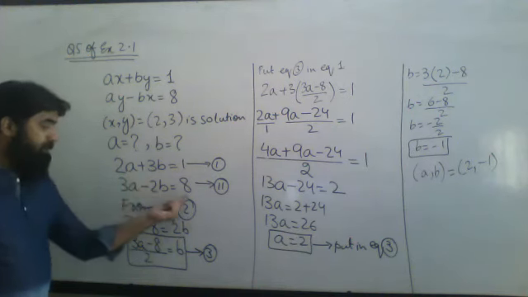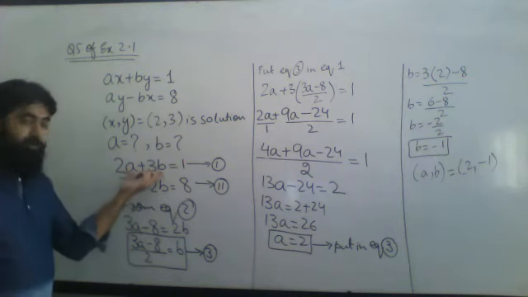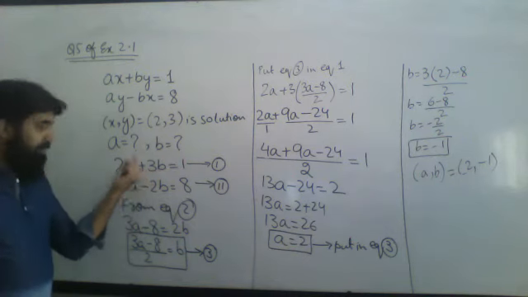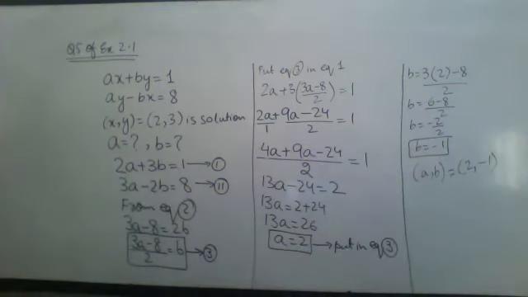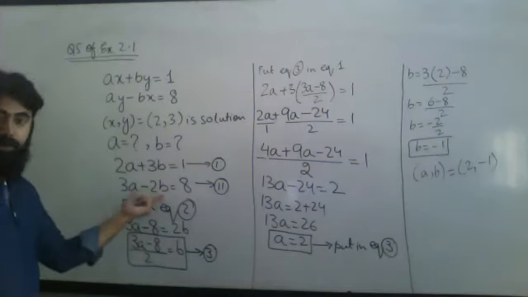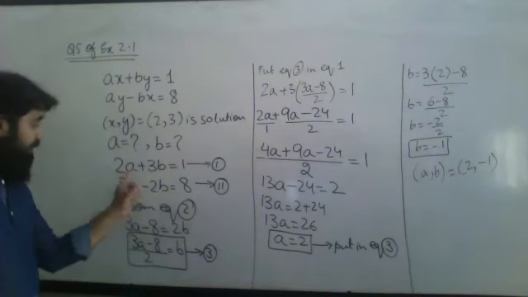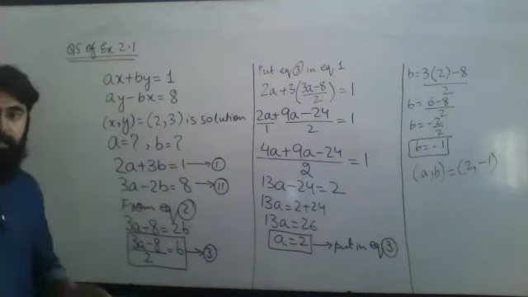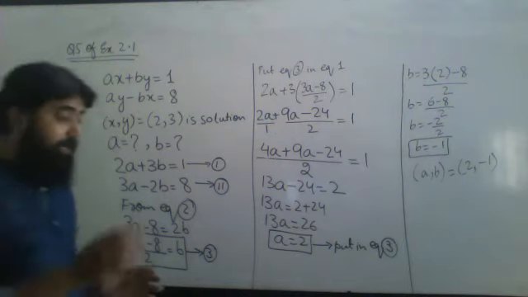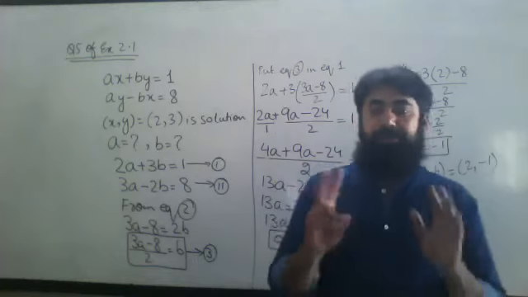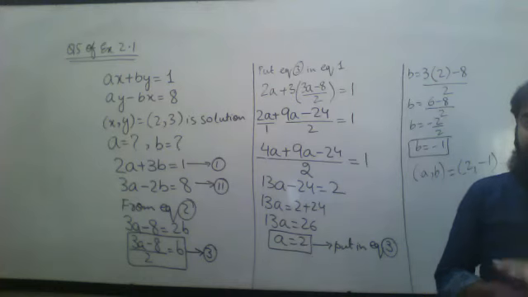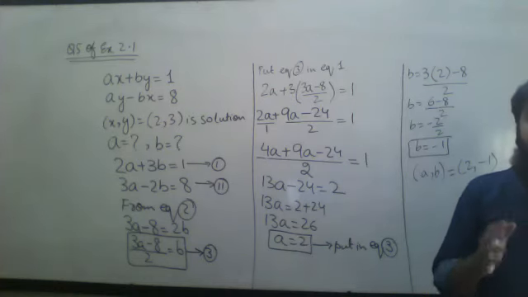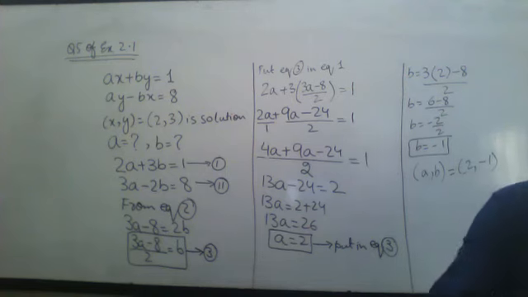And do the same with this one and this one again. The values of a and b will be plotted over here, simplified. If it is 1 on this side and 1 on this side, it means things are correct. In the same way, put the values of a and b over here. Simplify it. If on both sides I will be having 8, it means the values are correct. If both equations are getting satisfied. If only one equation is getting satisfied and the other equation is not getting satisfied, then it means the answer is not correct. Okay.